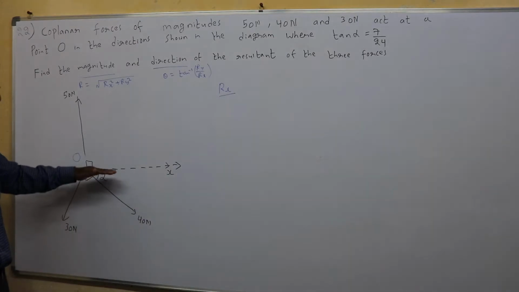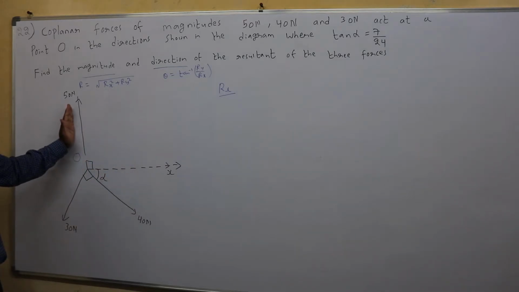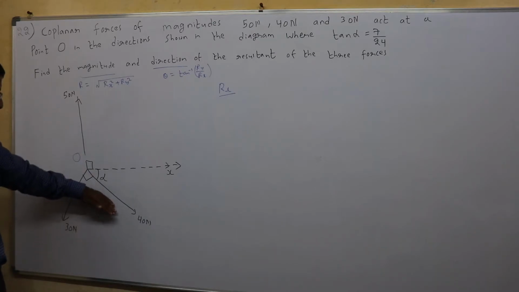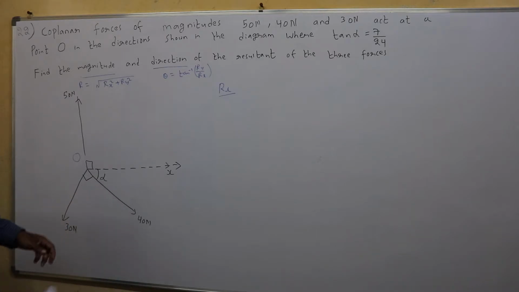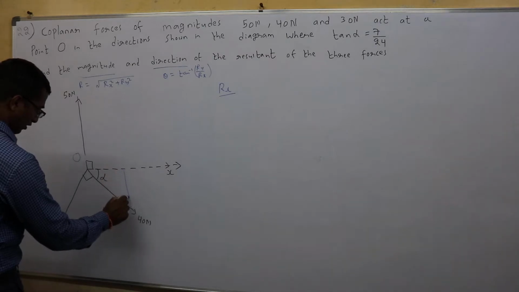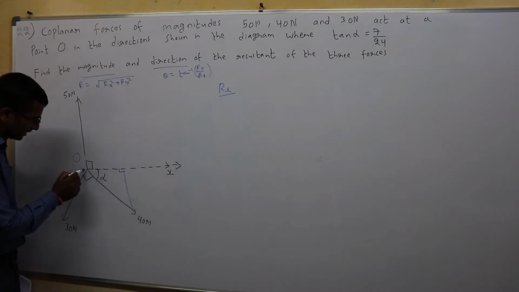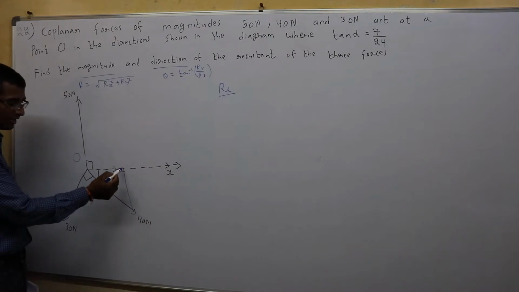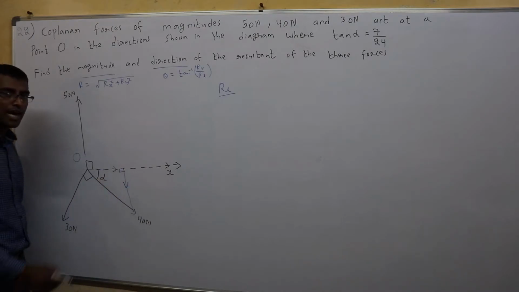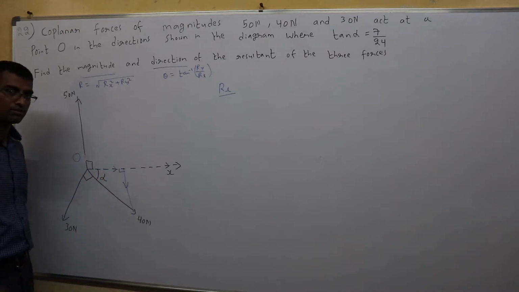Even before that, if I assume it to be the x-axis, 50 is acting vertically up, so I don't need to resolve it. 40 is acting at an angle alpha, so this should be resolved. To resolve it, I need to form a right angle triangle. So I drop a line onto the x-axis. Now, instead of walking from this point to this point, I could go here till this, I reach here, from here I will move down. Are the arrows clear? You are walking till here in this direction, then moving down.